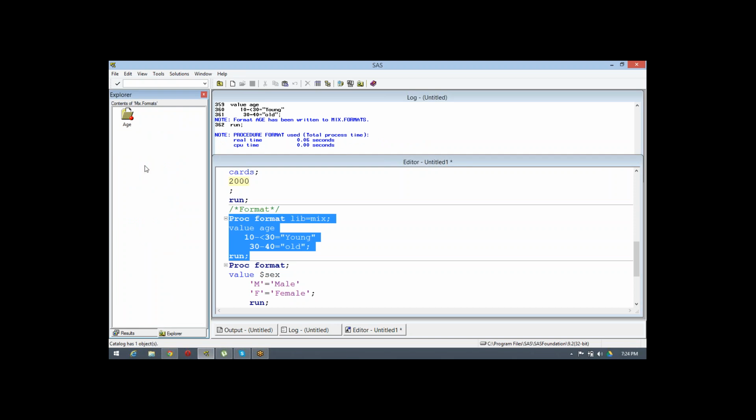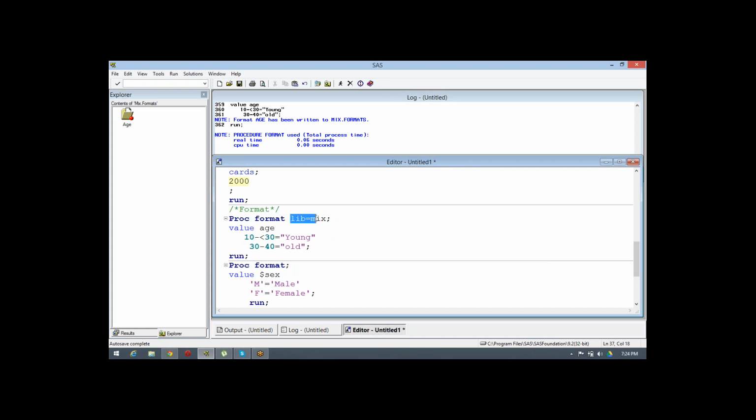So let's suppose you have created a format for employee ID. Whenever I say in a particular column of employee ID, the name should display. You have only a column called employee ID, and you have already created a format. Instead of employee ID, their name should print. So that type of format also we can create. Whenever it's there, we can refer to it again. So this is the way we have saved a format.